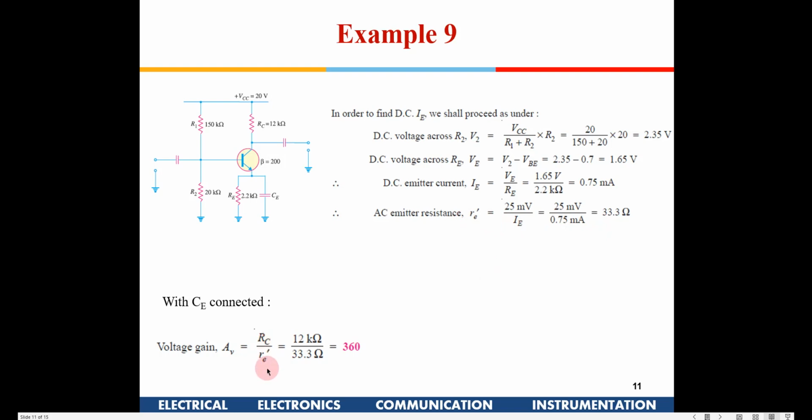So that is why we have computed RE here. You put RC divided by RE. In the theory class we learnt it as beta RC divided by R pi, and we also found out the relation between RE and R pi, which was RE is approximately equal to R pi divided by beta. So we get the voltage gain with CE connected. Once you remove the CE, then it is simply RC divided by RE plus RE, or you can even approximate it as RC divided by RE also. So this is the formula when the CE is removed. So this is the voltage gain.